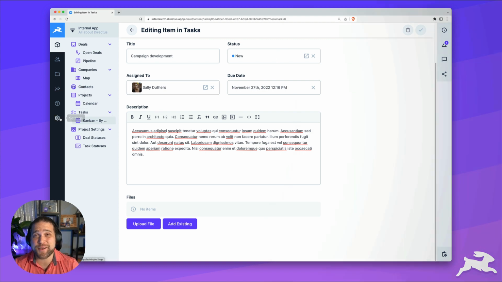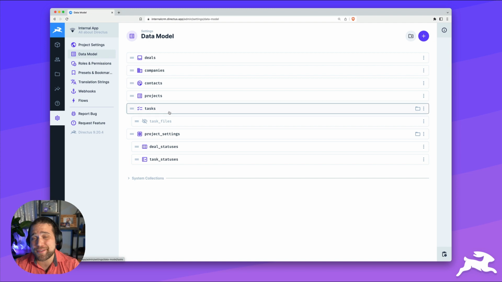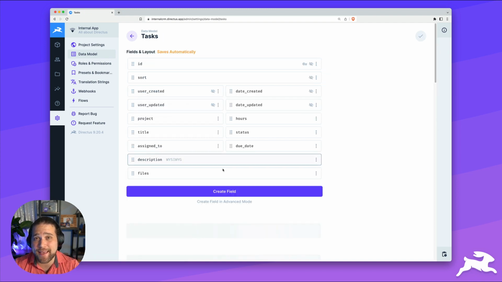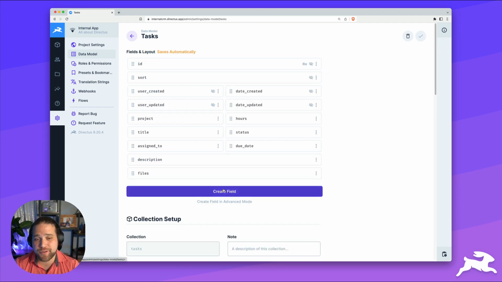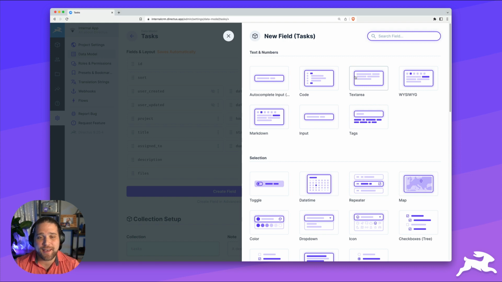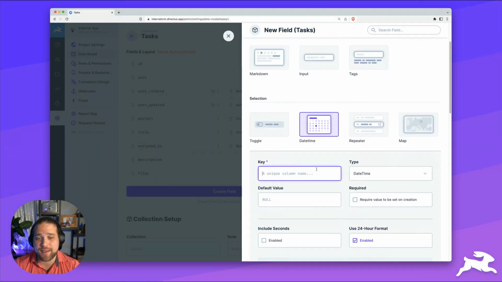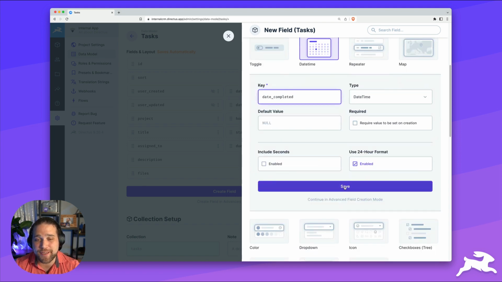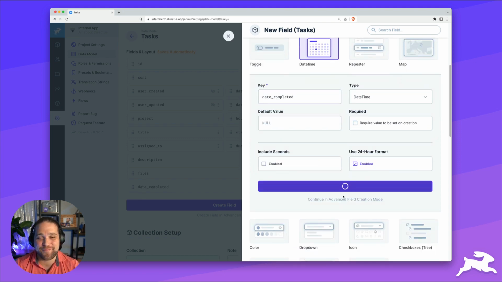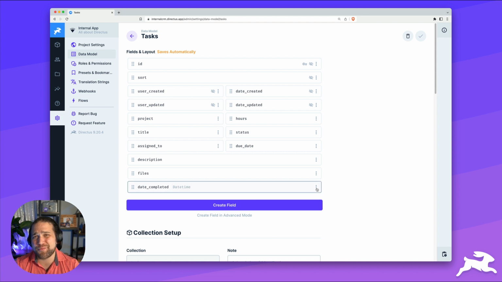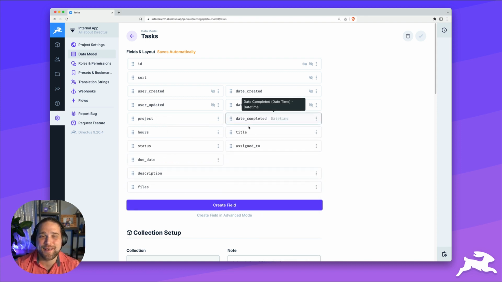But first, let's go into our data model for our tasks and actually create that date completed field. So I'll just click create field and I'm going to choose the date time field type and I'll just give it a key of date completed and then we'll save. I'll do some quick formatting here to make sure it looks nice on the UI, and then we'll get started